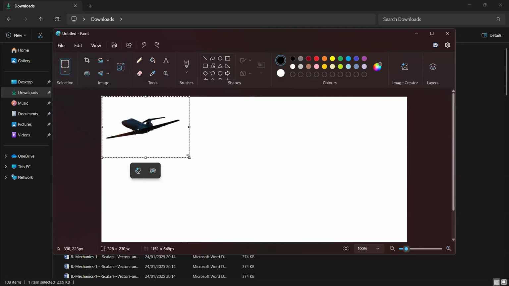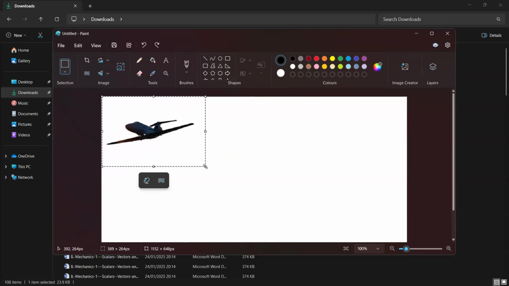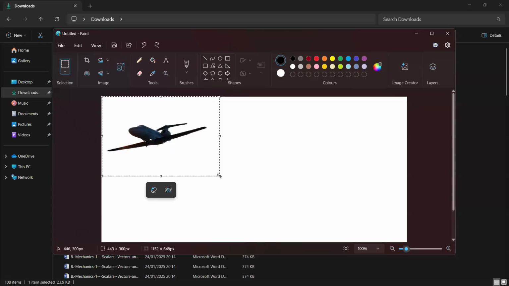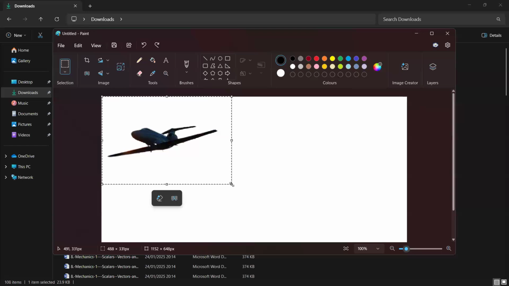Bottom right, not left. Drag it. Make it bigger, so that it will look like the plane is closer to us. Make it bigger again. Okay, all right. So let's see if we can see the effect of what we have done.